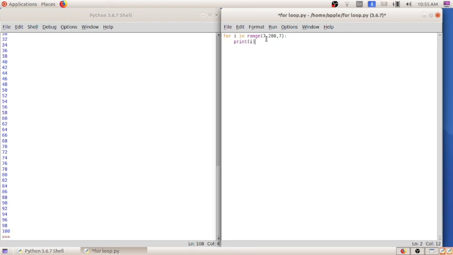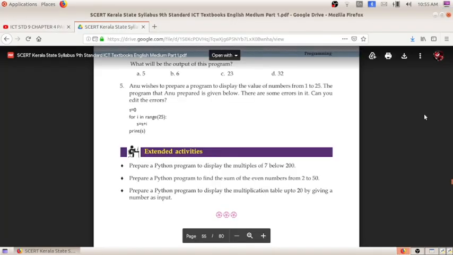Multiples of 7 means first it starts from 7, then 14, 21, like that it must get printed. 200 is the ending value, so it will be less than 200 and the difference will be 7. Then only the multiplication will be correct. So for i in range of 7 comma 200 comma 7, print of i. We can put it in the for loop like this.